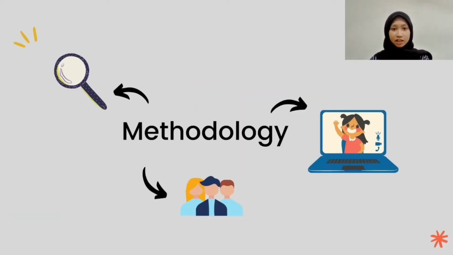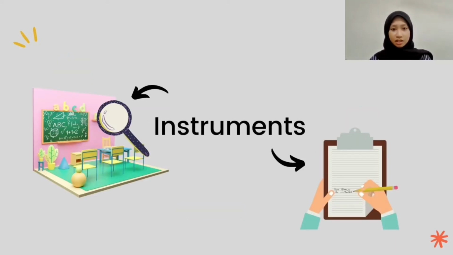Next, for methodology, a qualitative method was used to carry out the research. Classroom observations and teachers' field notes were the main sources of data for this research. As for the participants, a pre-service teacher was involved as well as her students. Lastly, the research setting was an online classroom setting. For research instruments, this research was carried out using two instruments: classroom observation of the video recordings, which will then be transcribed. The video transcriptions will be analyzed for more accurate data, and also teachers' field notes.